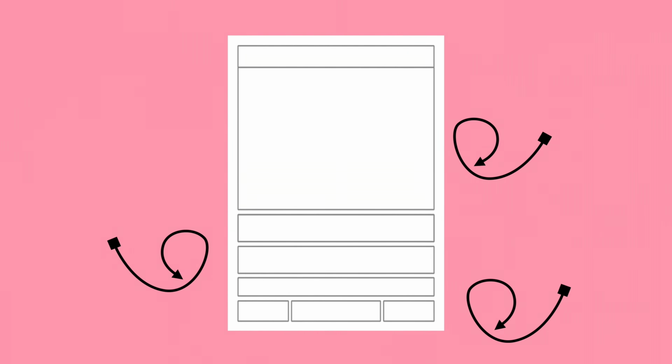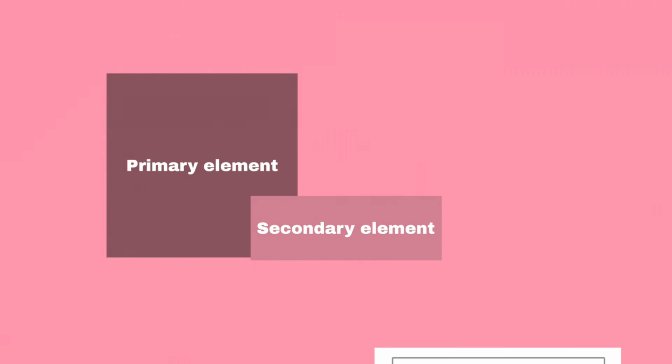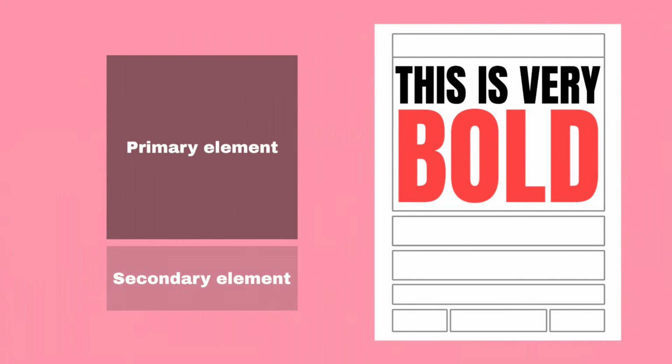Now you can start by setting up a grid with different size and shape modules, and then add the content thereafter. But moving on from that, try creating contrast between your primary and secondary elements using color and size. For instance, make your headline bright and bold, but keep the subheadings or navigation links in a muted tone or